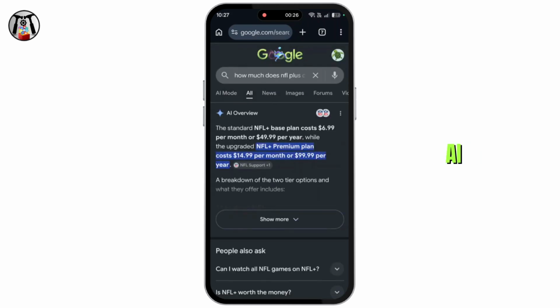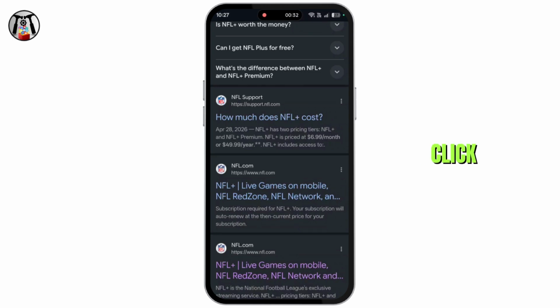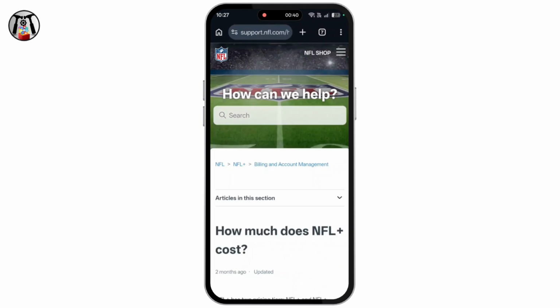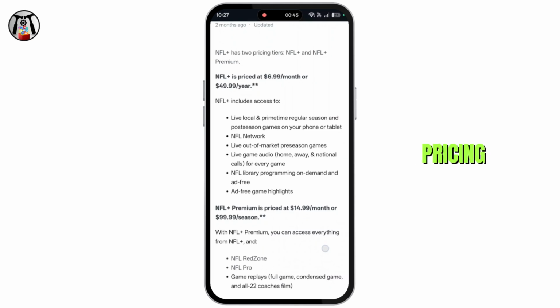Here you might get this AI overview, but for now let's ignore it. Simply scroll down below. Here you can find NFL support. Click on it. It says how much does NFL Plus cost. Once you do that, simply scroll down below. Here you can see the detailed pricing limits for NFL Plus,